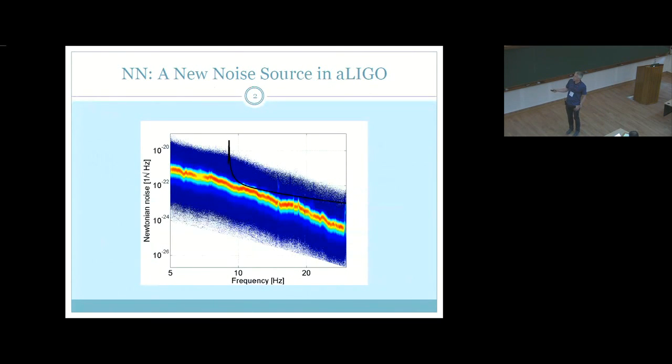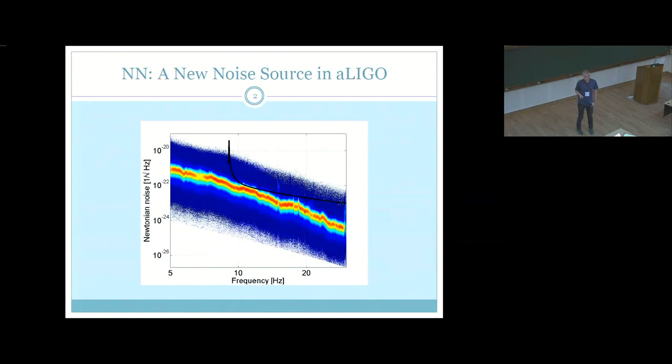I'm going to talk about Newtonian noise, which is produced by terrestrial gravity fluctuations. And this is a prediction of the Newtonian noise for Advanced LIGO. You can see here the reference or design sensitivity of Advanced LIGO at very low frequencies. Here, I'm not just drawing a simple line which would represent the average Newtonian noise. Instead, I'm giving you a full histogram to tell you there's also some significant variation of that noise.